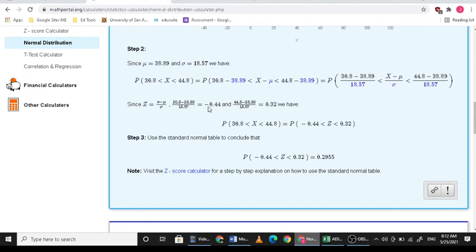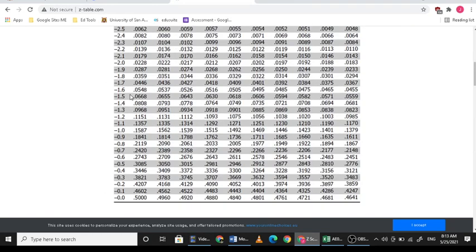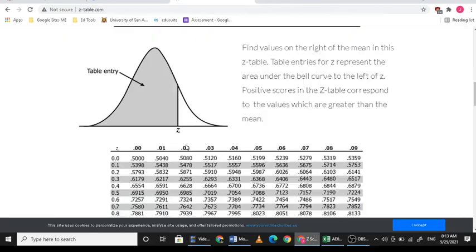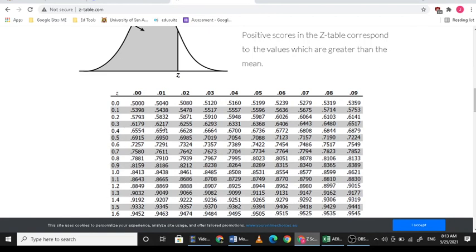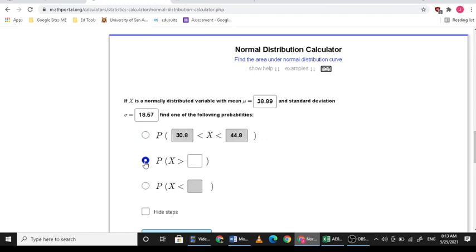Diba? So, negative 0.44 kag 0.32. So, for negative 0.44, this one, 0.33, 0.44, and 0.32 is 0.6255. So, i-minus mo lang muna. Okay? So, 0.2955. Okay? Then, for greater than, then you can have